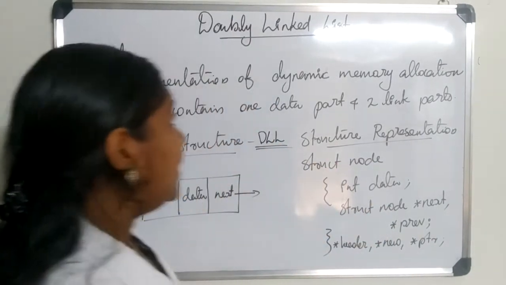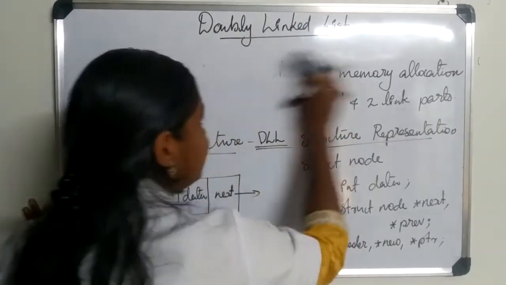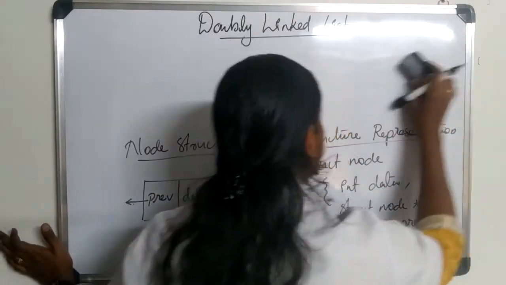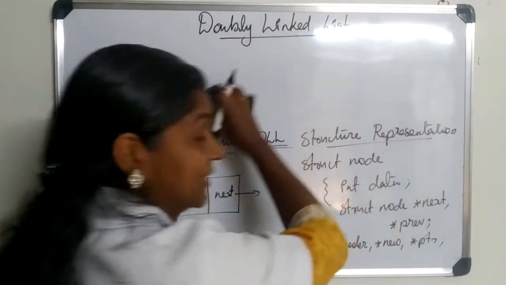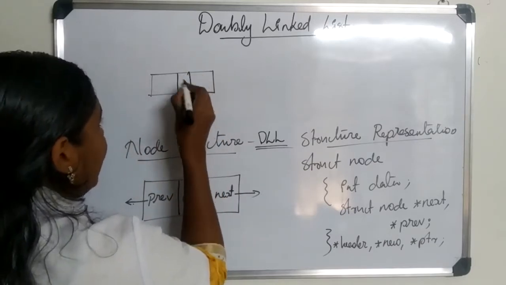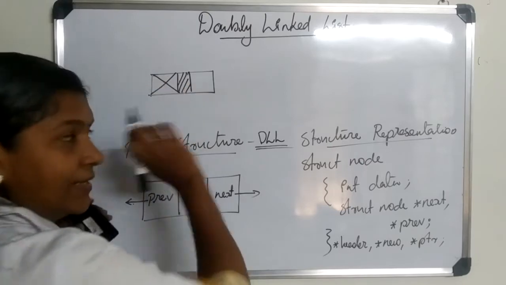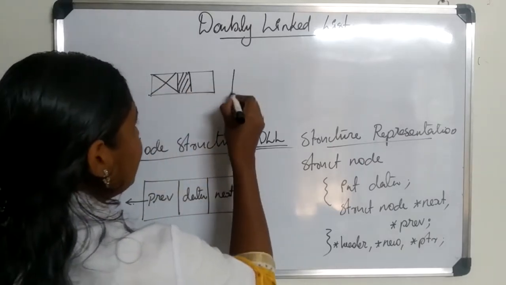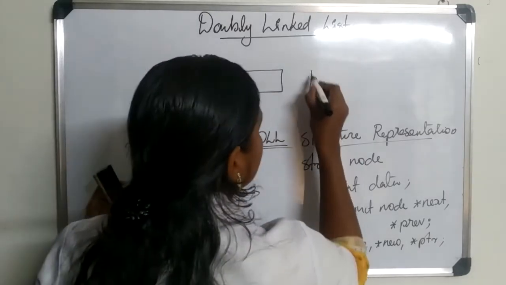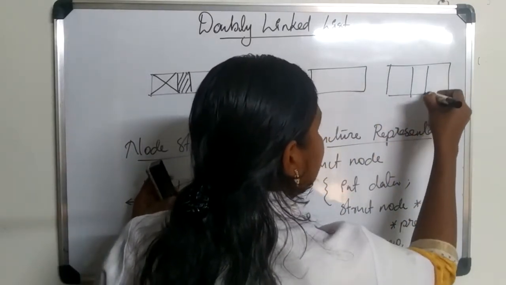I will show you a simple example doubly linked list with some 2 or 3 elements. How would be the representation? Okay. So whenever we write our header node also, the data part is null. The previous link is again null. Say let's have 3 elements, right? Okay, 3 elements are enough.